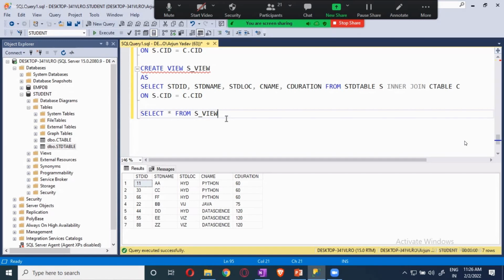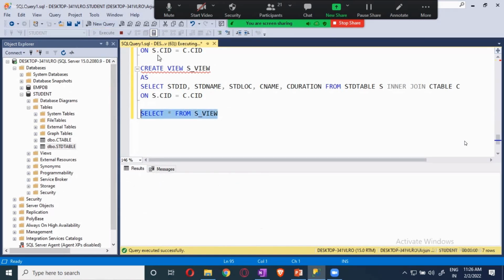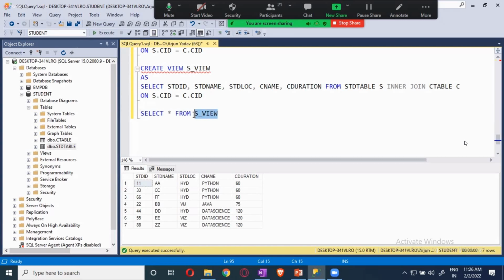Now, if you give it to someone else, he will not even understand that this is a view. No way, he will not even understand. He will say that this is a table having everything like this. He can apply all the things.